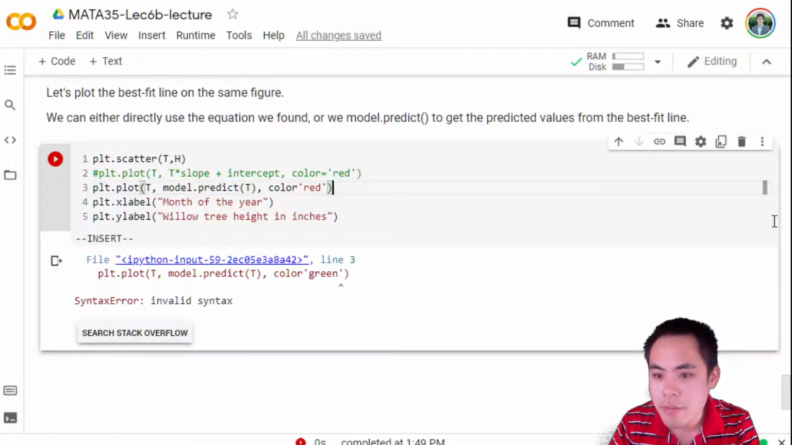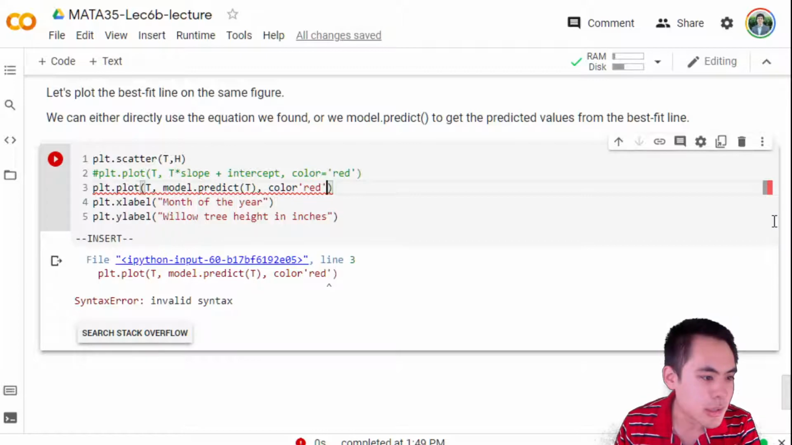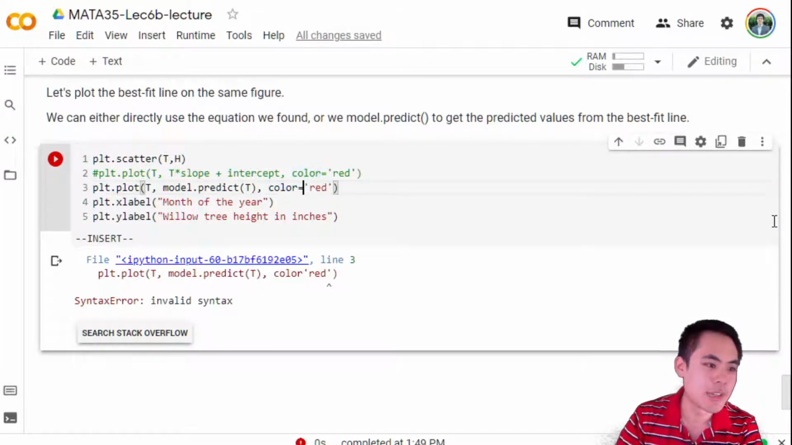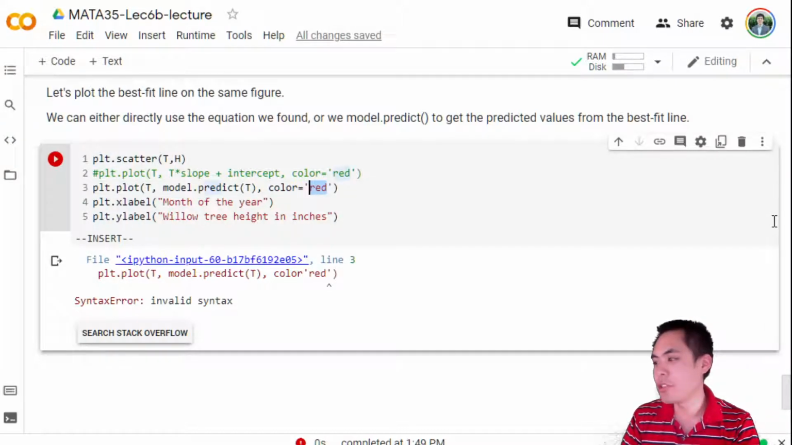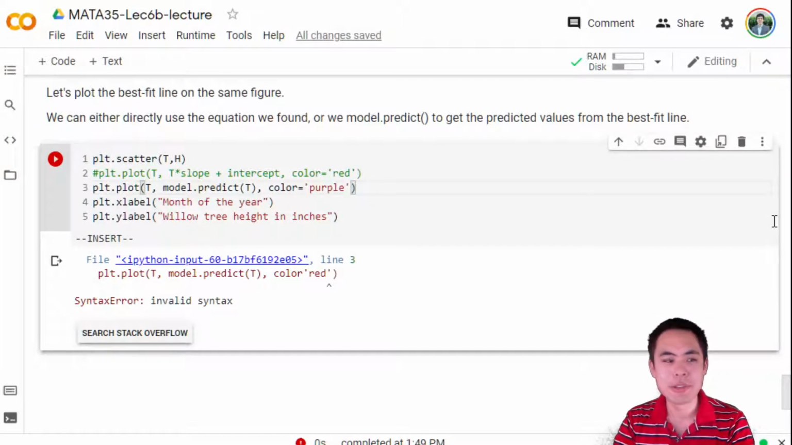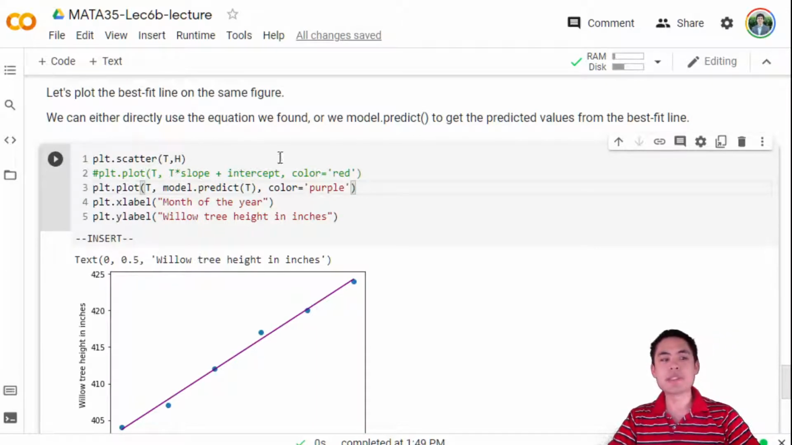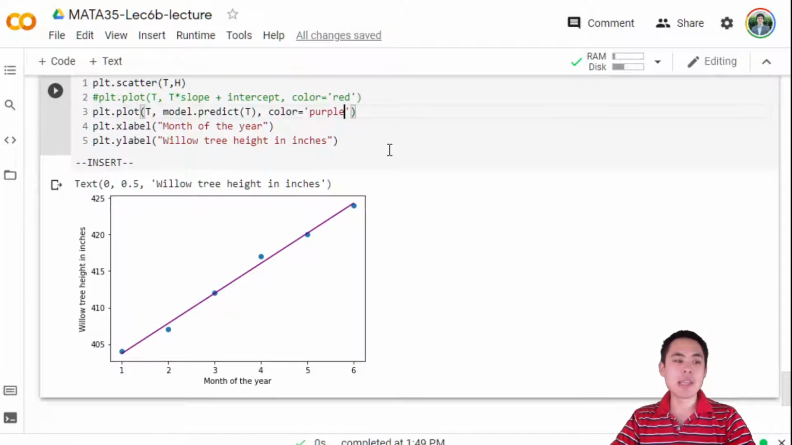Something went wrong, and I need to figure out what it is. Color red, invalid syntax. Oh, I forgot the equal sign. So whenever you have a typo, everything's going to go wrong. So you can plot the same thing using model.predict. And so these are both ways of drawing the line for the